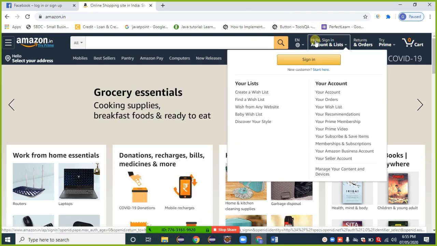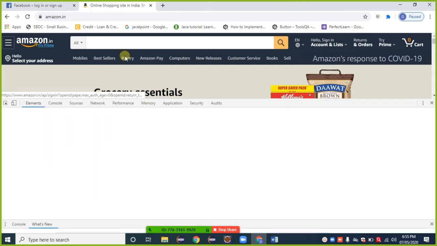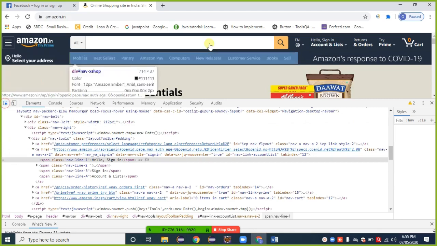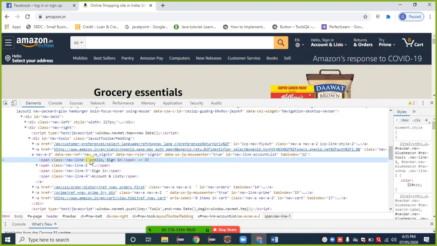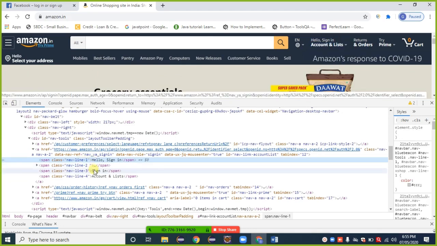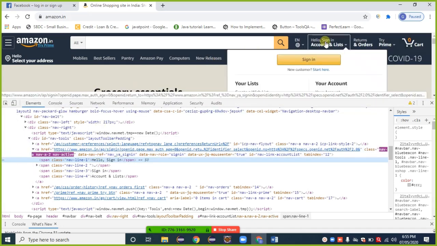So inspect that element: right click, inspect. We just replicate a manual step into an automation script. Observe that it is a button.